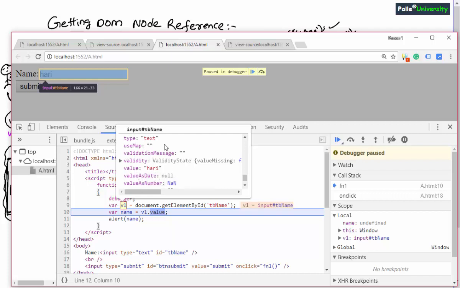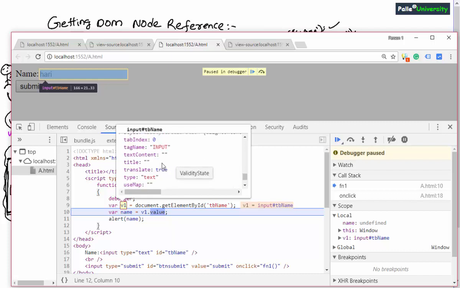I will never remember the things in JavaScript. I will understand how to create the reference. First I will create the reference for the node, and by going to the debug mode, I will observe what data is present in the node, and after that I will write the code. I believe you understood the point. I strongly recommend you to understand this point, because when I start giving you the assignments, you must be able to use this approach for observing the data present in the corresponding DOM node by using this debugging technique.